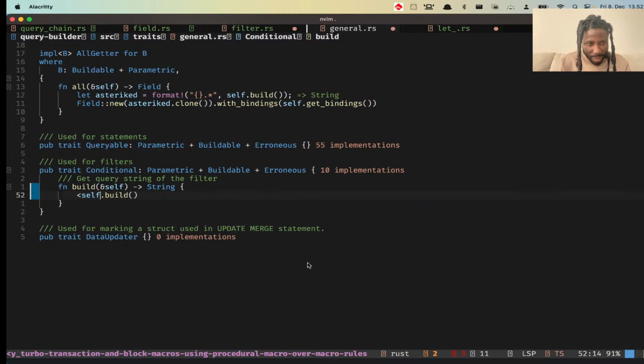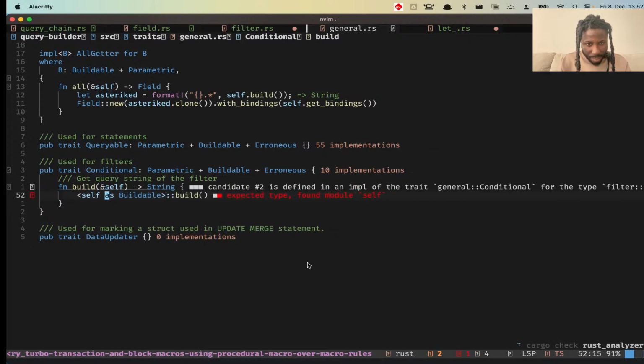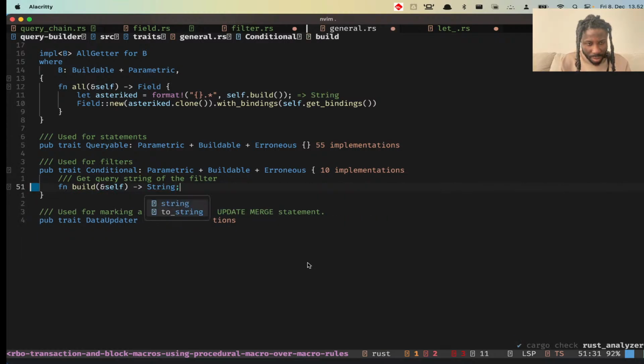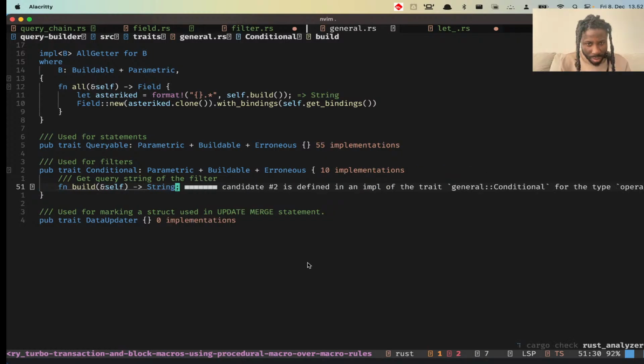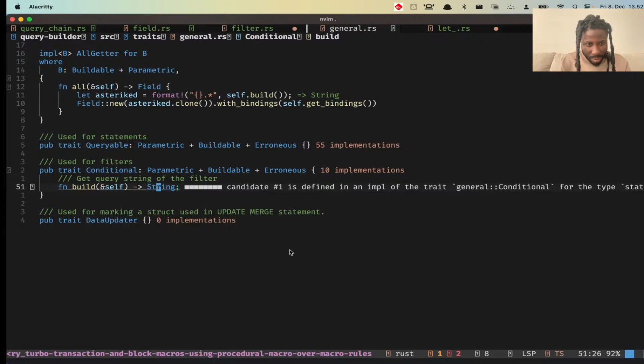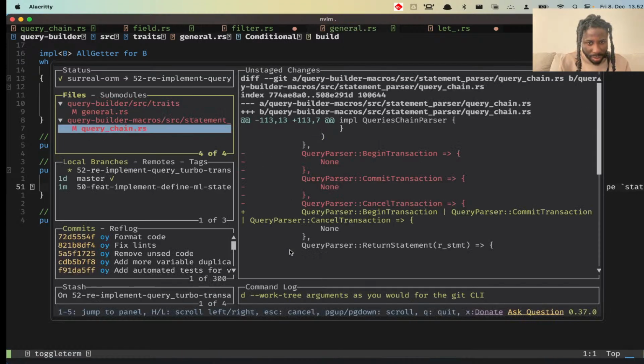Will this work? Okay, probably better to